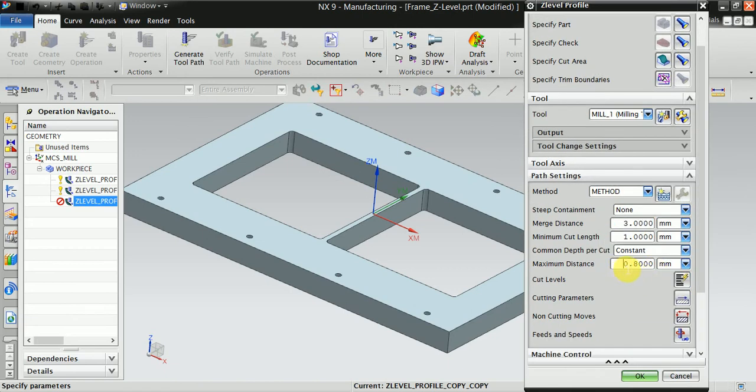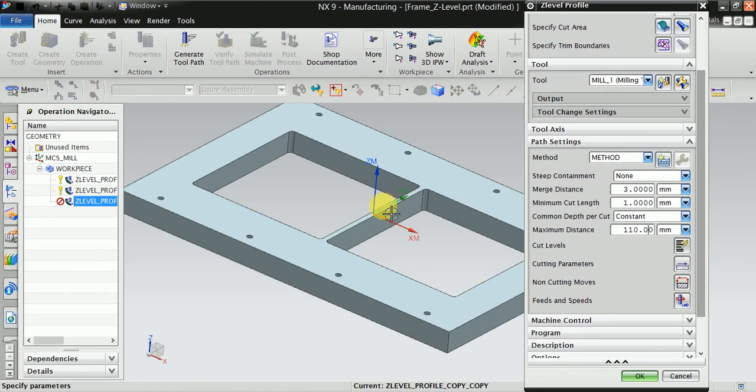Okay, now directly plunge. Because this material is removed from the solid body after this Z level profile machining.